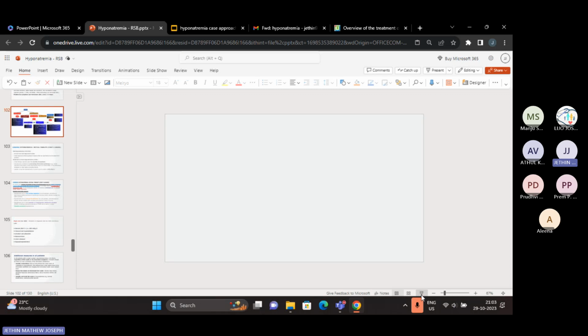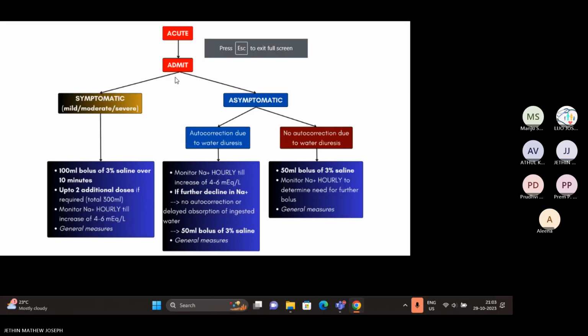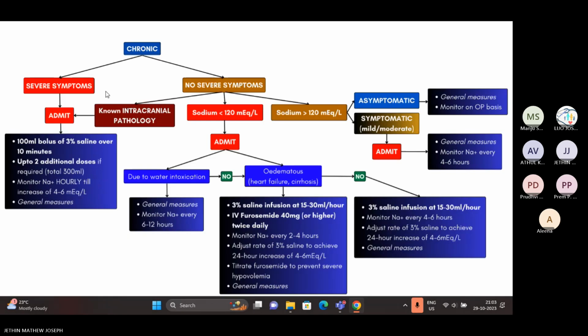And in chronic hyponatremia, if the patient has severe symptoms, admit the patient. 300 ml bolus of 3% saline over 10 minutes. You can give up to 2 additional doses, monitor sodium till an increase of 4 to 6 is achieved, and general measures. If the patient has chronic hyponatremia with no severe symptoms, but is known to have an intracranial pathology like recent TBI or space occupying lesion or intracranial neoplasm, admit the patient and treat with 100 ml bolus